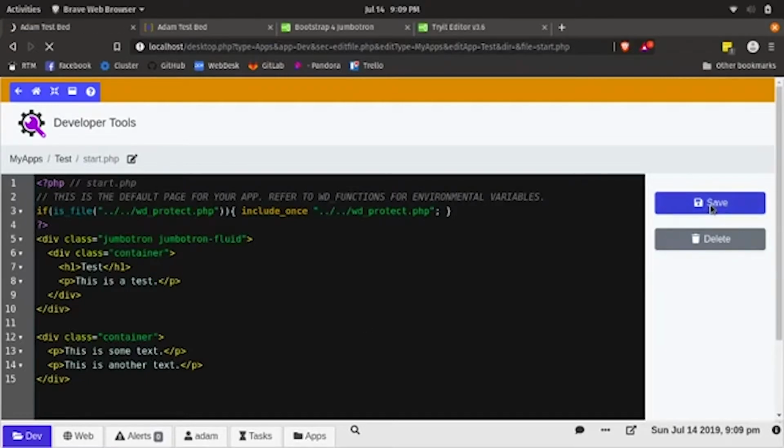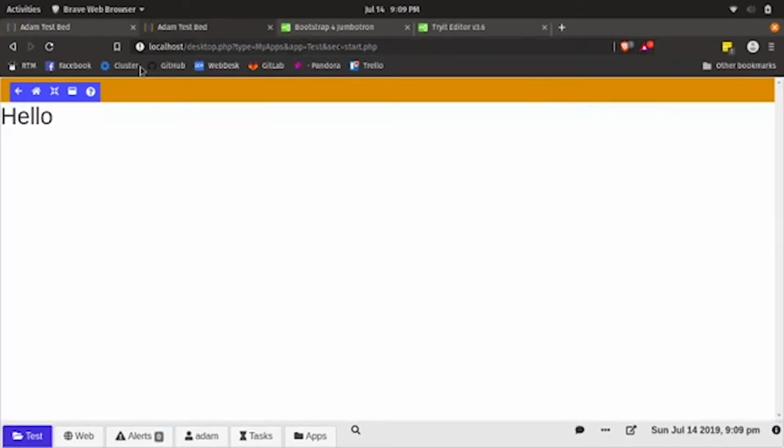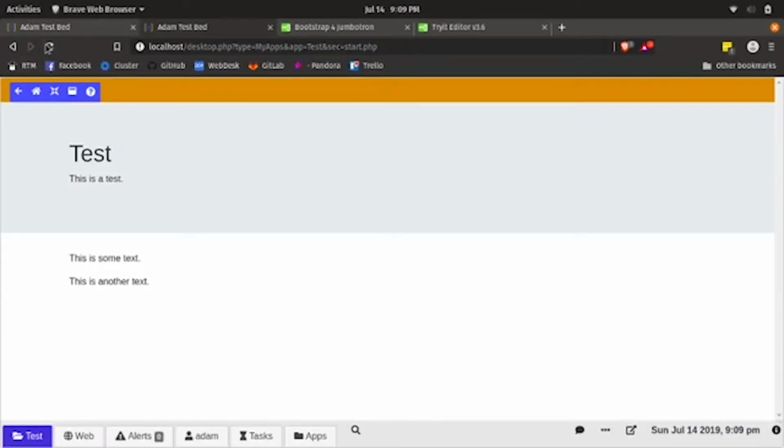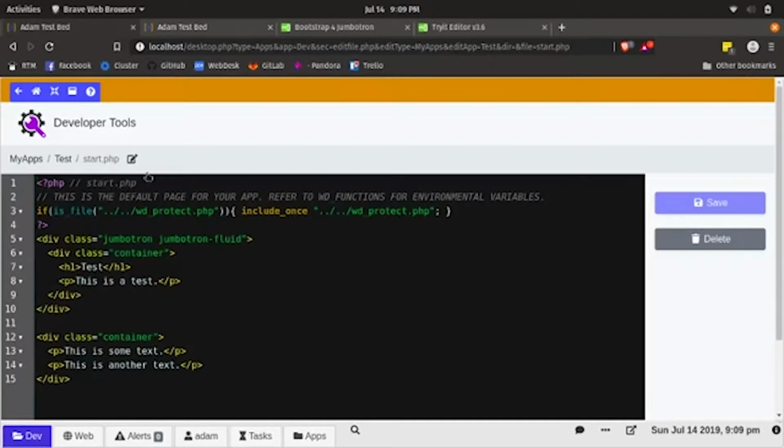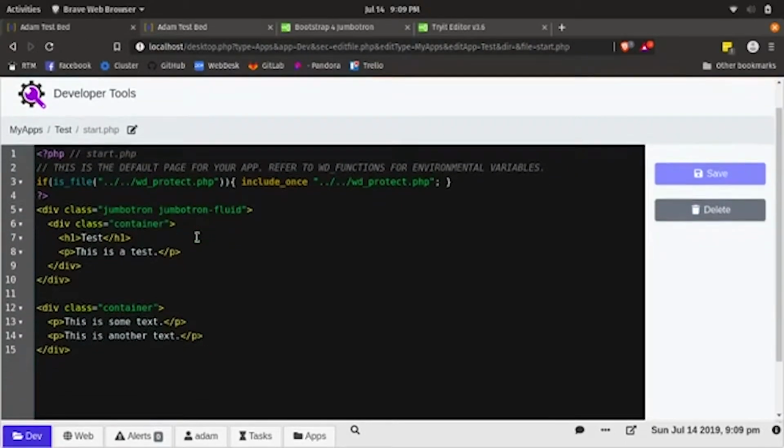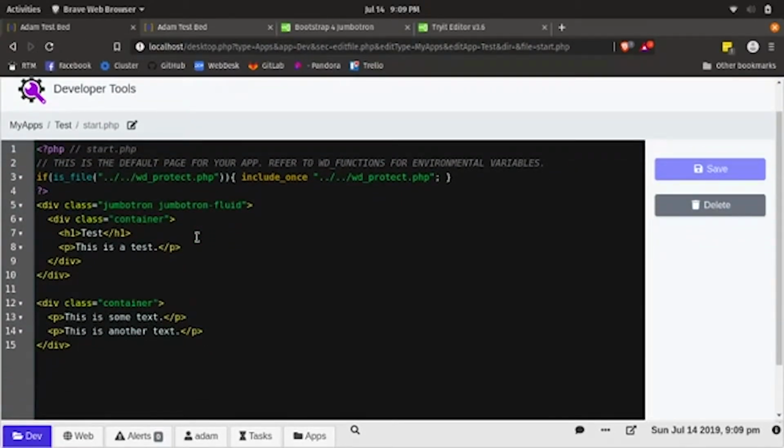That's fine. Let's hit save, and let's take a look at it again. So I refresh, and here is my app so far. Okay, well, that's well and good, but PHP is ready to rock and roll here, and we are going to